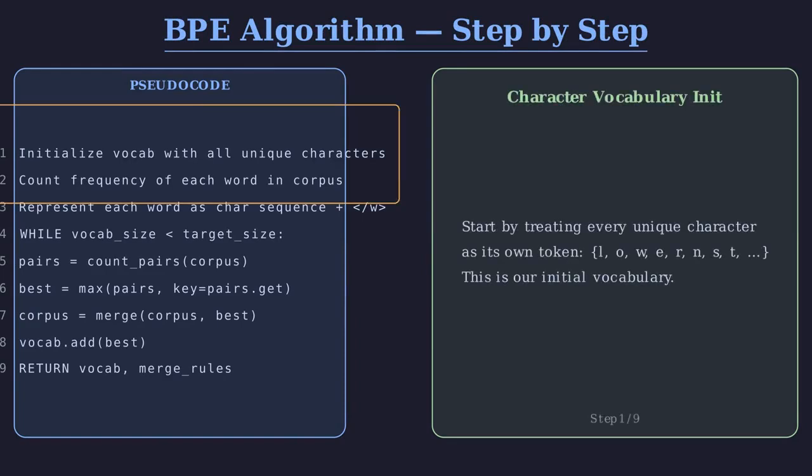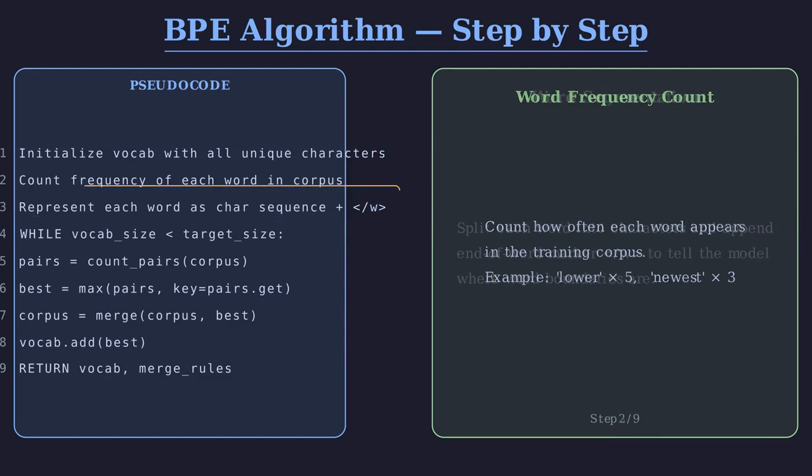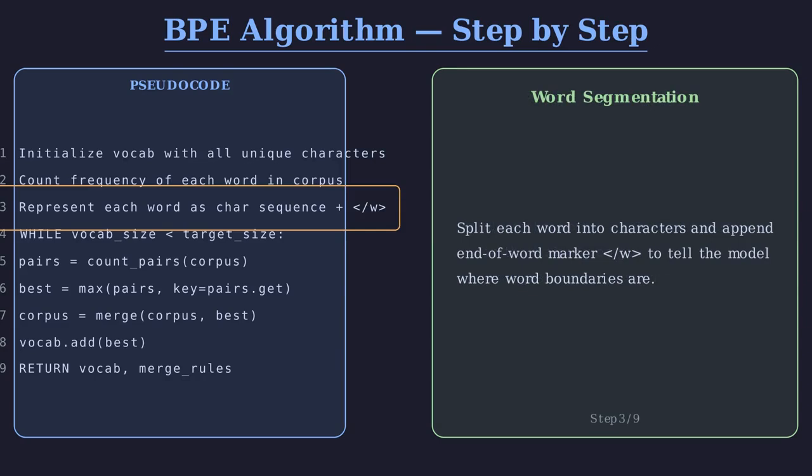Step 1. We initialize the vocabulary with every unique character found in the corpus. This small starting set can represent anything. Step 2. Count how often each word appears in the training data. Frequent words drive which pairs get merged first. Step 3. Represent every word as a sequence of characters, appending an end-of-word marker. This lets the model distinguish lower from low, followed by